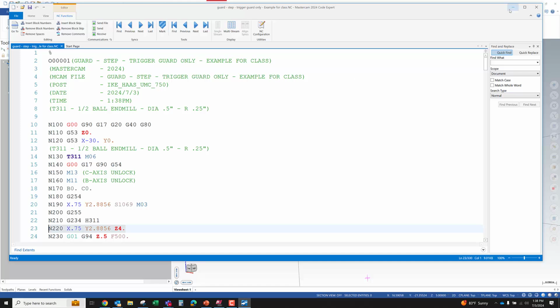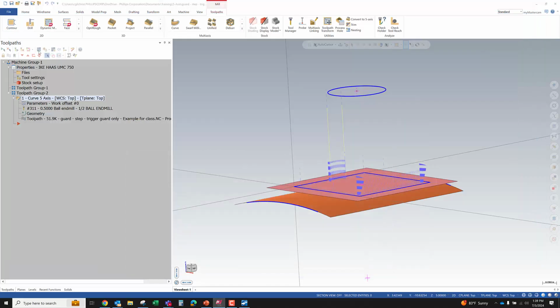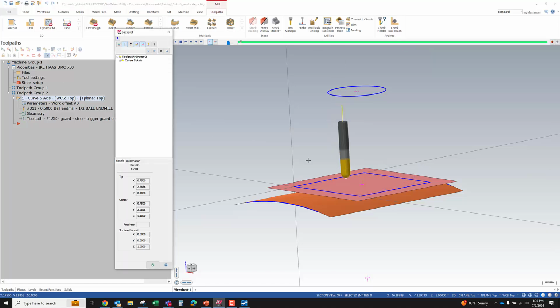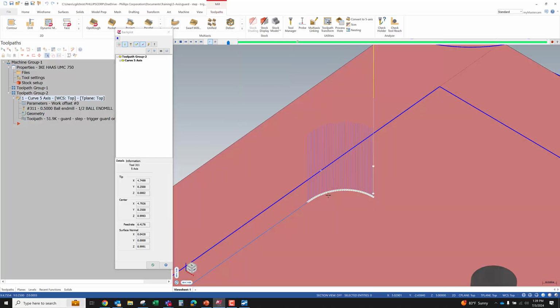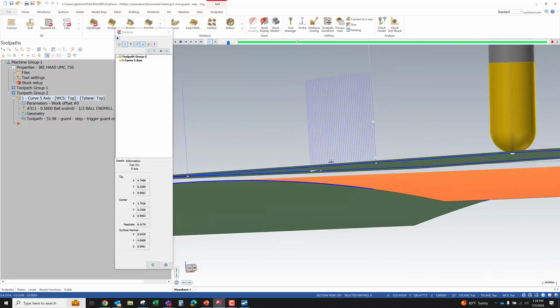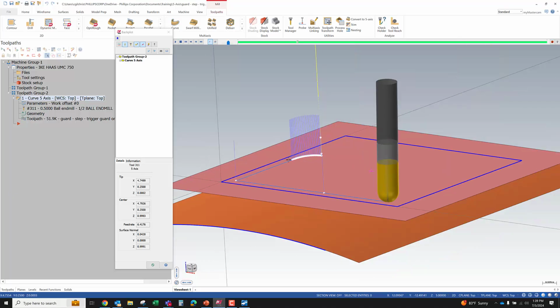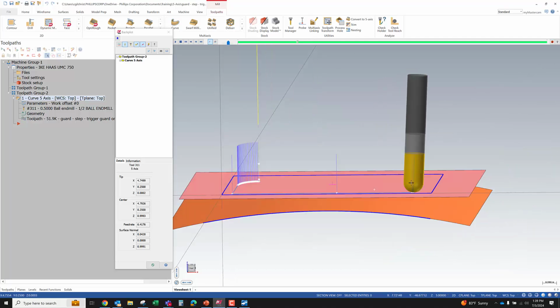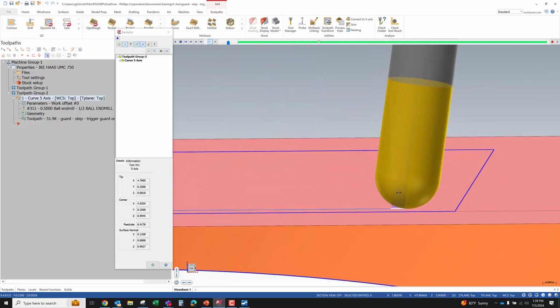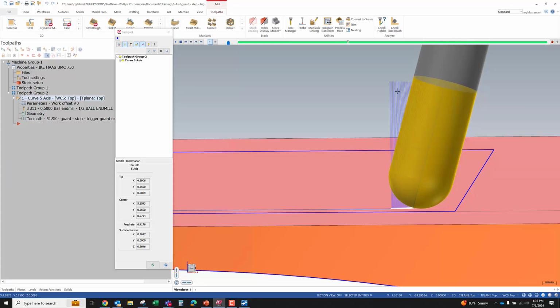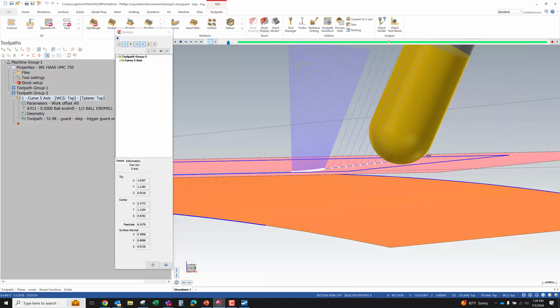So that start position is given by the first vector in the path, and as we backplot through here, we're just going point-to-point moves. These point-to-point moves are output in the NCI as NCI G code 11, and that NCI G code 11 gets converted into G1, and the post processor looks at these vector angles and these vector positions,